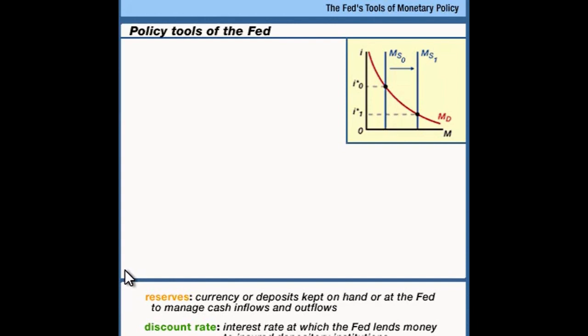If the Fed increases the money supply, then at the old interest rate, we're going to have an excess supply of money, and the interest rate will be bid down as people try to buy bonds with all this extra cash that the Fed has pumped into the system. As the price of bonds is bid up, the interest rate is going to fall. And as the interest rate falls, people decide that they're content to hold a larger fraction of their wealth in the form of cash. That is, as the interest rate falls, the quantity of money demanded increases.